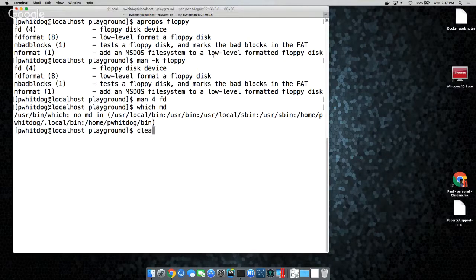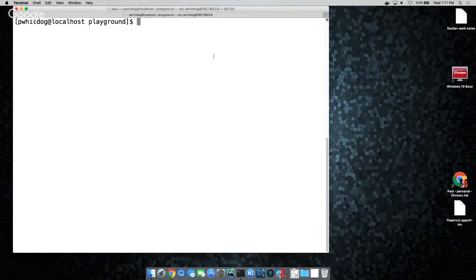Aliasing is specific to your session in the terminal. As soon as you close the terminal or log out, it's gone. There's a way to persist aliases, but what we're going to do right now is specific to this terminal session, so not nearly as useful as persistent aliases, but just to show the concept. It's the same way to do it in a persistent way; you just have to put it in a script that's saved on disk and run on startup. So: alias MD equals quote makedir.